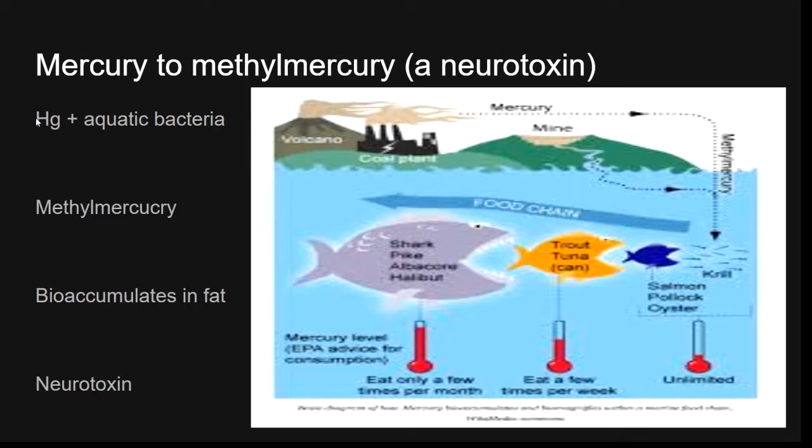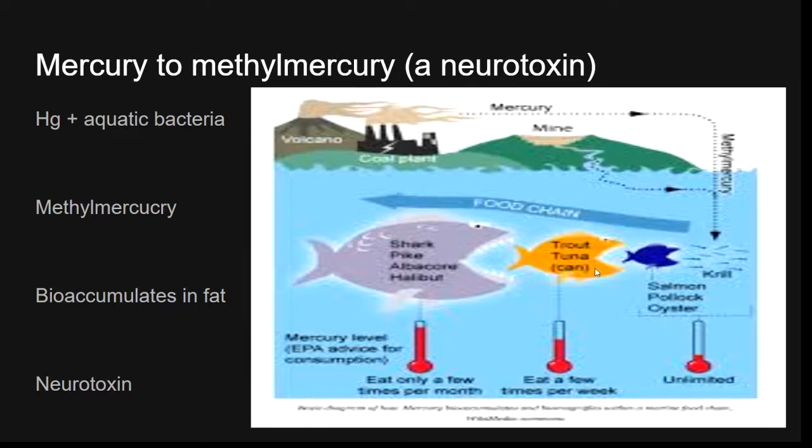Basically what happens is mercury, released from, say, a coal burning power plant, reacts with aquatic bacteria. And in that transformation, we get methylmercury. Methylmercury then can be accumulated in the fats, and so small amounts end up in something like krill, and then